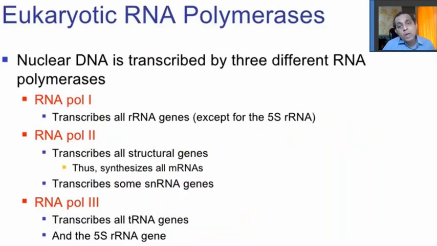Now, these polymerases, all of them don't make the same RNA. Now, these polymerases also have types. RNA polymerases, there are three types: type 1, type 2, and type 3. RNA polymerase 1 always transcribes all rRNA genes. RNA polymerase 2 transcribes all mRNAs, and RNA polymerase 3 are for